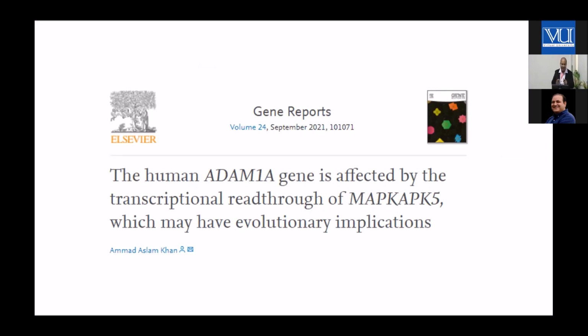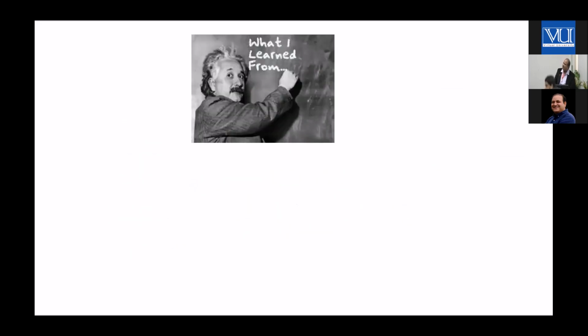We thought that it is showing some transcription read-through, in which one gene is controlled by the last exon of the previous, adjacent gene. So we thought that this process also leads to pseudogenization. What is the take-home message here? Of course, we had a paper. Of course, we showed to the world that lack of CpGs leads to pseudogenization. We showed that the lack of CpGs in PPGs and DPGs is entirely different from the lack of CpGs in UPGs, in unitary pseudogenes.